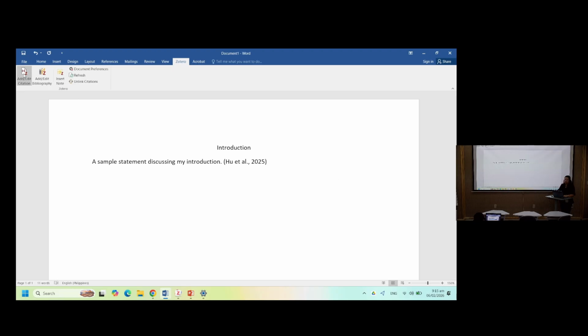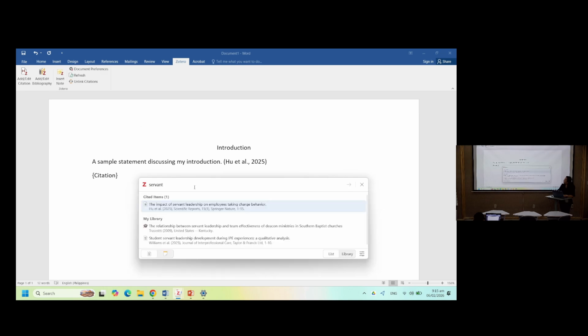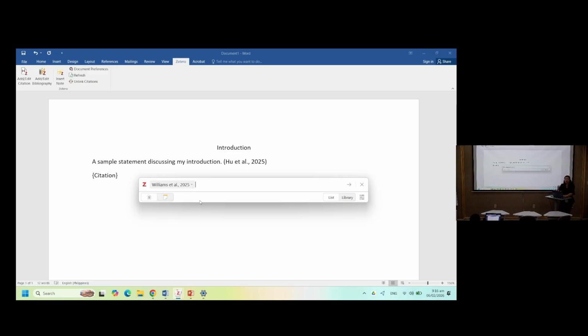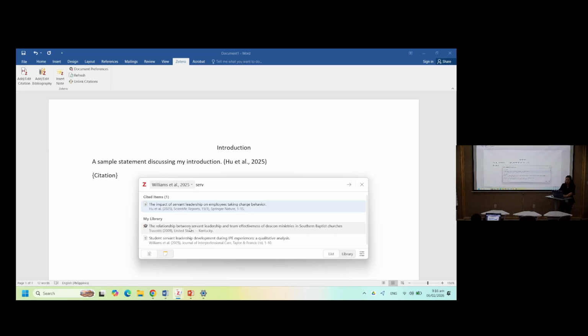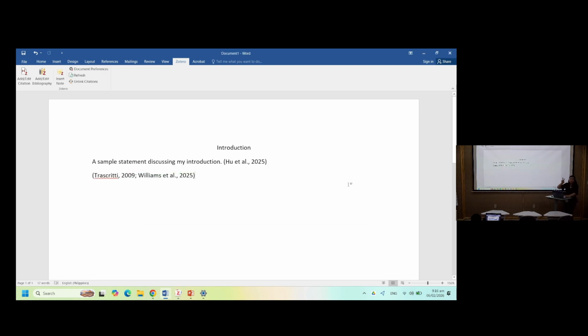So if you want to cite again, you can just type here, say for example, "servant." You see there are 2 items now, cited items, just to remind you that this item has already been cited, and these are other materials that have "servant." Okay? And if you want to add another one, you can just type it in again, and you will see that I added another one, right? Then just click that forward, and you'll have 2 items in a citation.